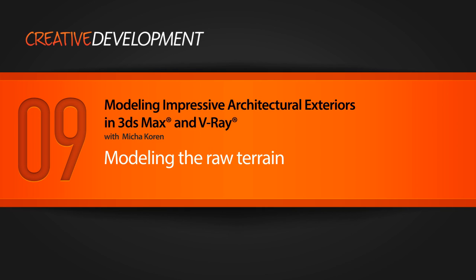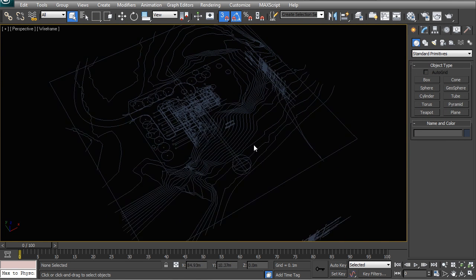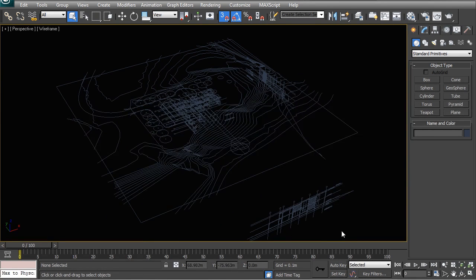In this lesson, we will learn how to use the CAD contours to model a terrain mesh underneath our building. Now, this is going to be the first thing that we're going to model on our entire project, and you can decide, depending on your timeline, what you want to focus on in the beginning. For example, if you want to do a simple massing model on a flat plane and show that to your client as an intermediate type of presentation, you can do that without bothering or spending time with doing things such